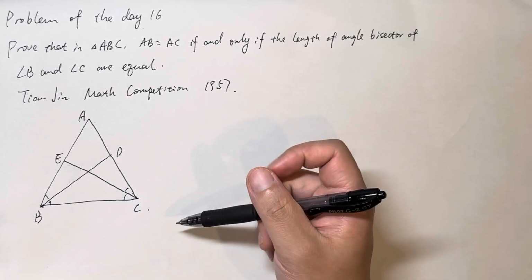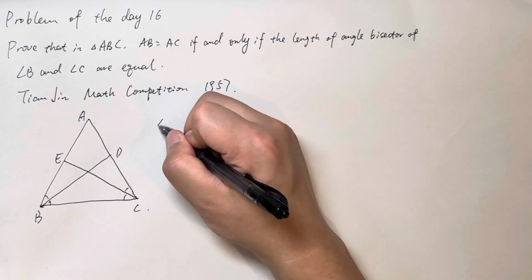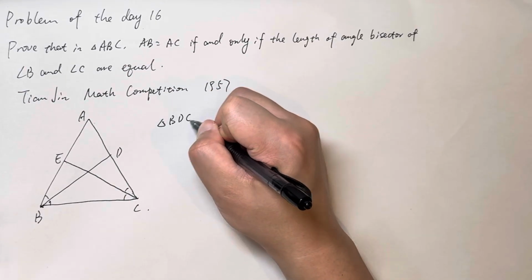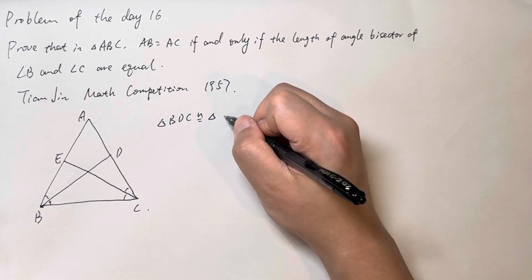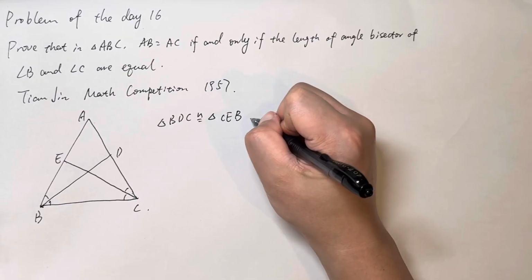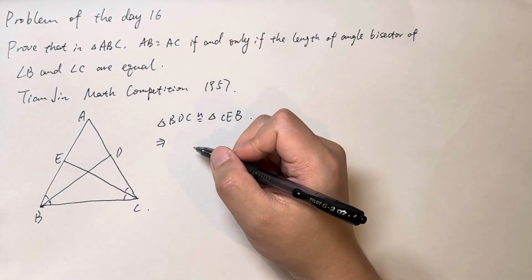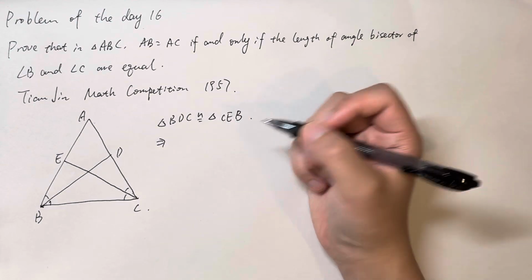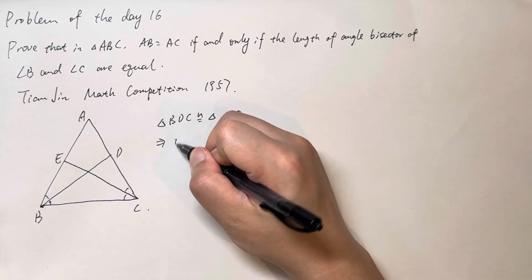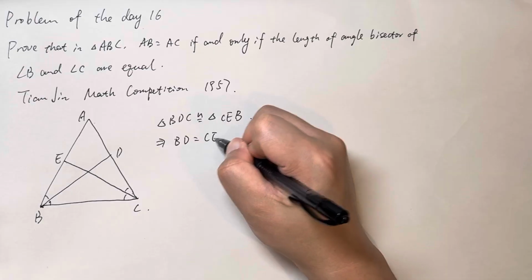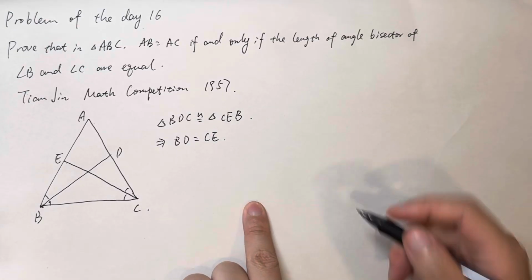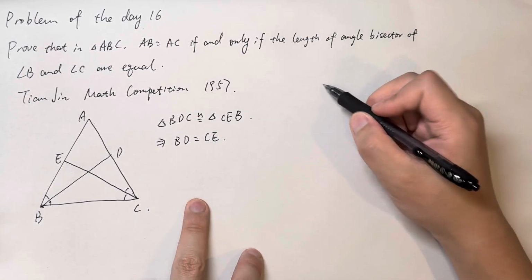And BC is a common side, which means triangle BDC is congruent to triangle CEB. And then we know that BD equals CE. Okay, so the question would be if